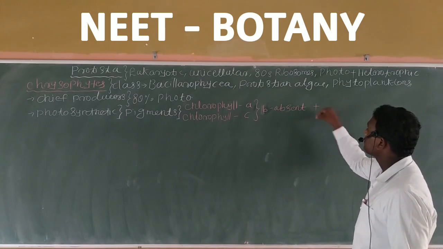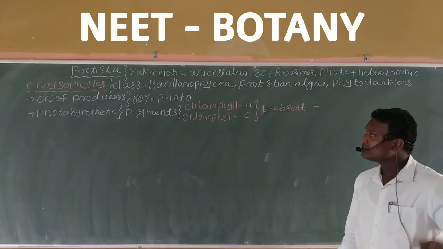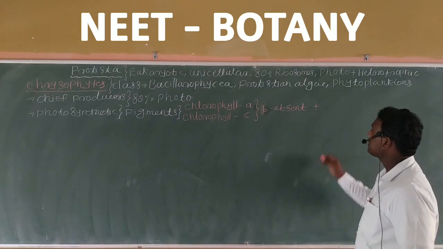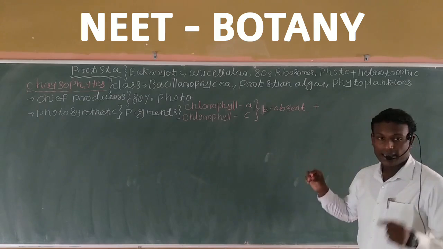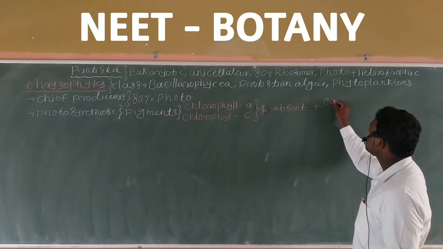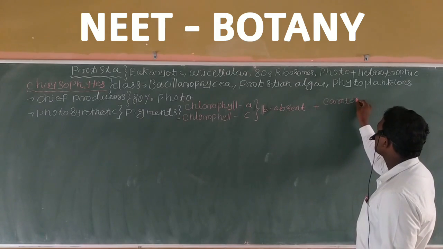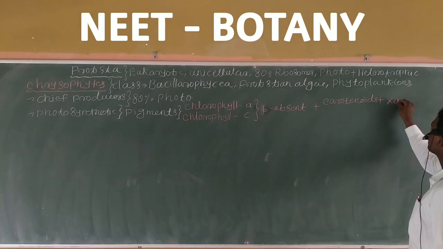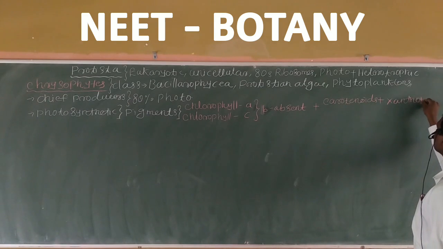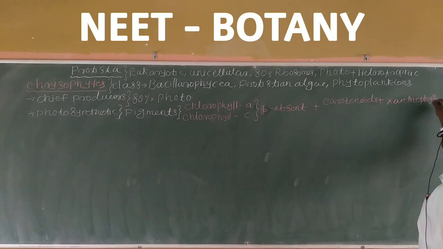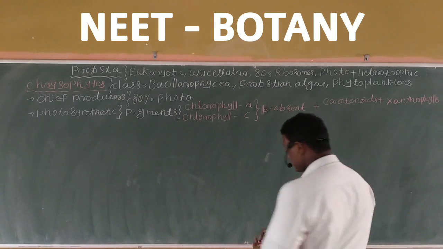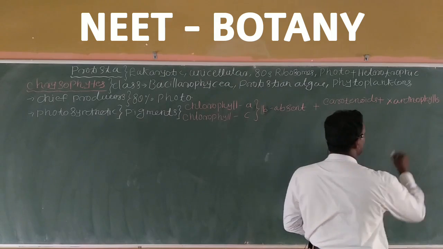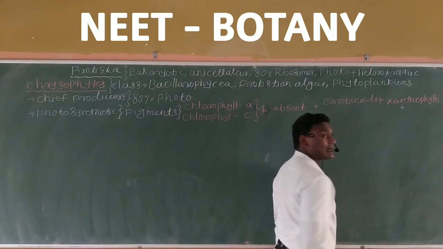Plus, you can note that in these organisms, apart from chlorophyll A and chlorophyll C, one more type of pigment is present, that is carotenoids. Carotenoids as well as xanthophylls are also present. The xanthophyll pigment present in these organisms, the chrysophytes,